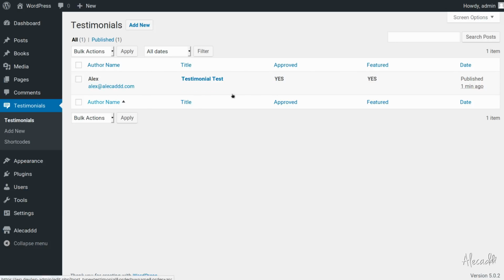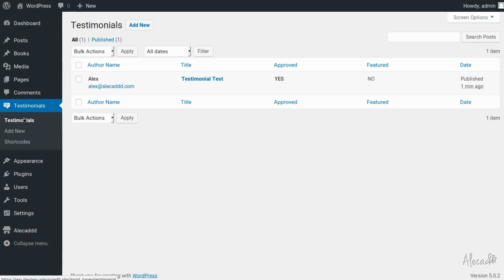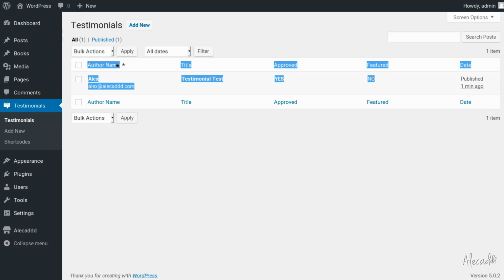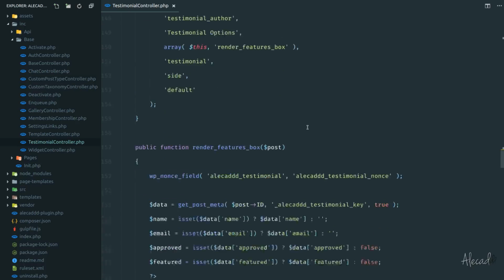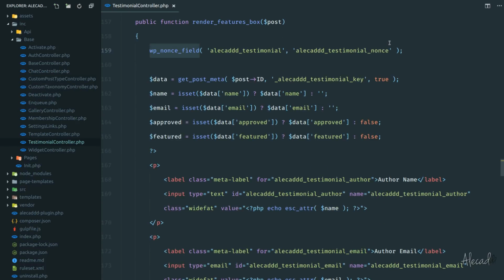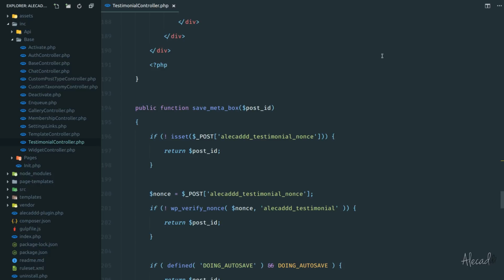check marks. And if I edit this thing, and I go back here, it's not featured, but it's approved, and I update this thing, and I go back in my testimonial page, the updates are 100% recognized, and we don't have any error because of the way we build this thing. Since we 100% respected the documentation of WordPress by adding the meta box the proper way and by rendering the boxes and the fields the way WordPress wanted, automatically all our things are 100% working with the new visual editor